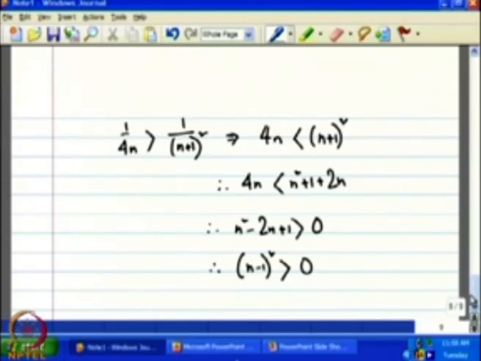The number of firms has to be at least 2, it can be more than 2. In those cases (n minus 2) whole square has to be greater than 0. So, we have indeed found a set of resource uses and a consequent set of output levels